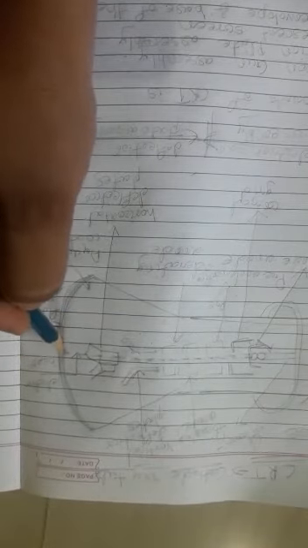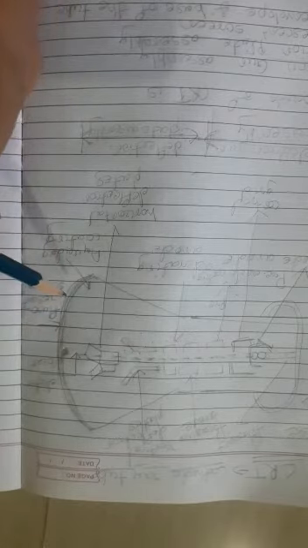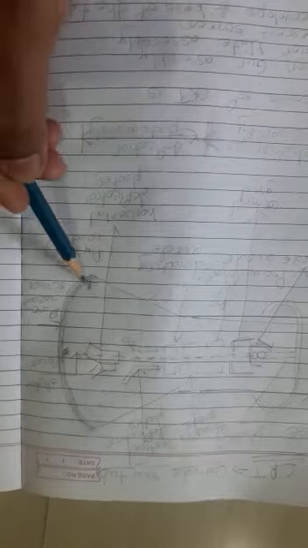On the inner surface of the screen, a phosphor coating is present. See, the spot of light is produced on the inner surface of the screen, because this is a phosphor screen. The secondary electrons are collected by the conductive coating. This coating is called the aquadag coating, which is electrically connected to the second anode.